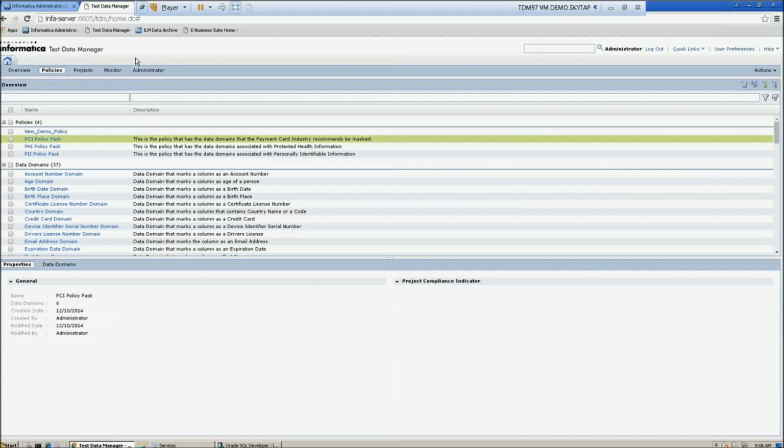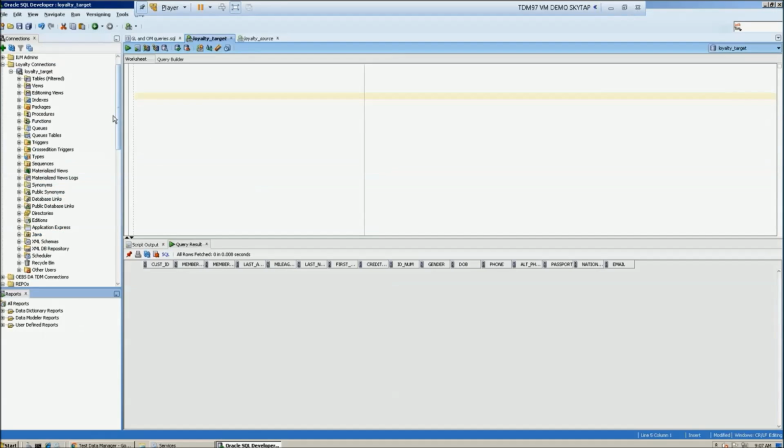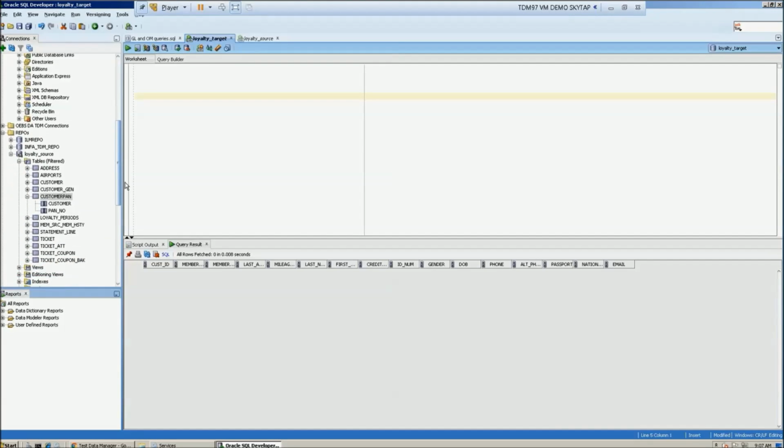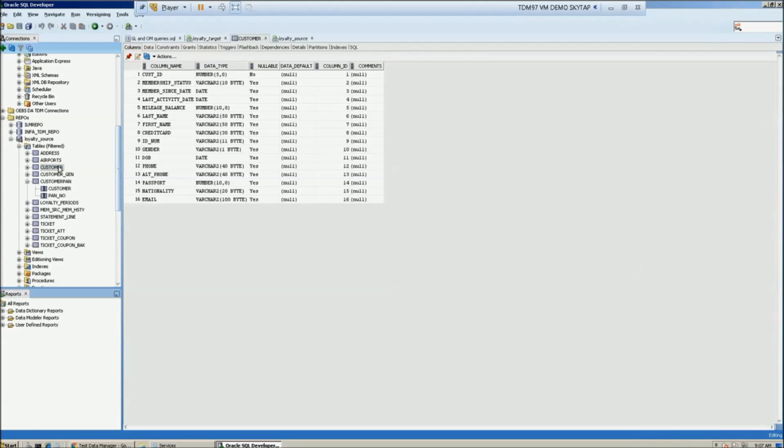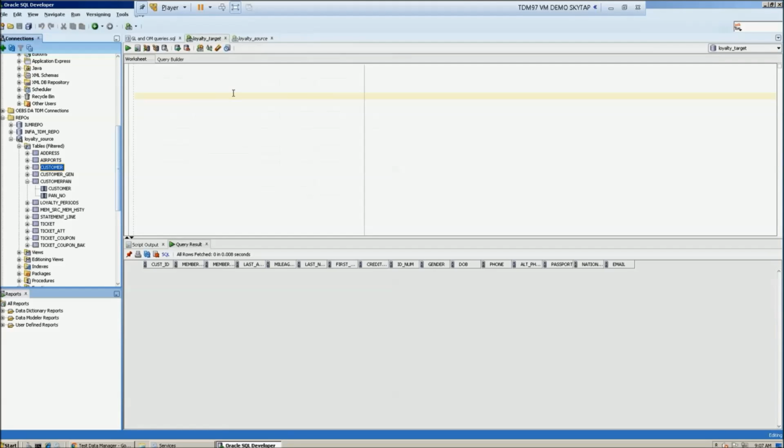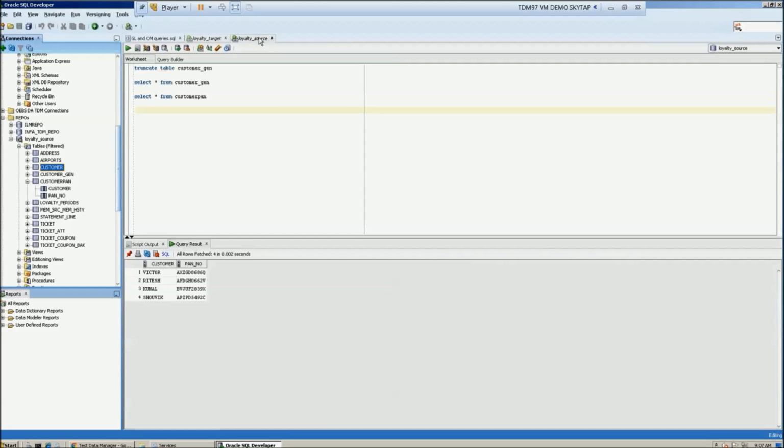Having said that, let me actually go and show you how data masking is done. I have this Oracle schema. The use case is, I want to mask the customer data in my loyalty source schema. Okay. So if I go to loyalty source schema,